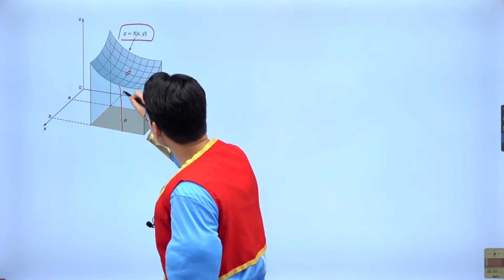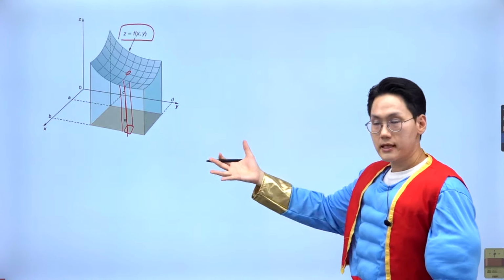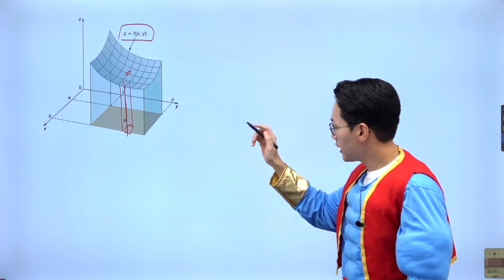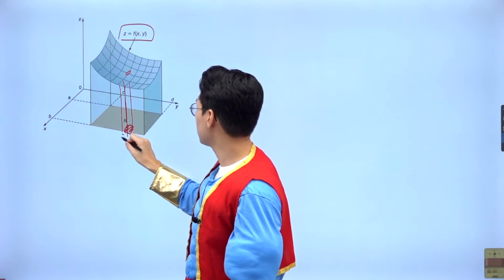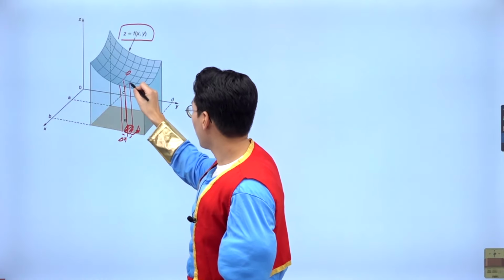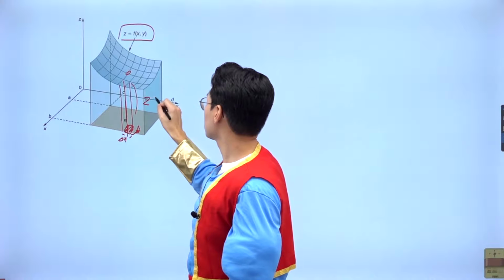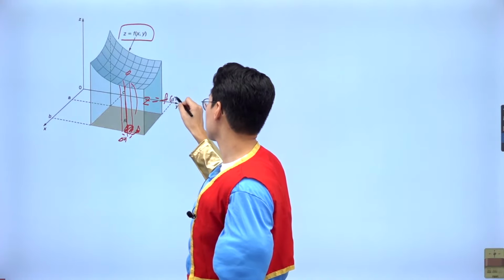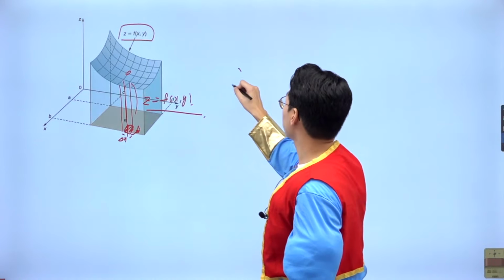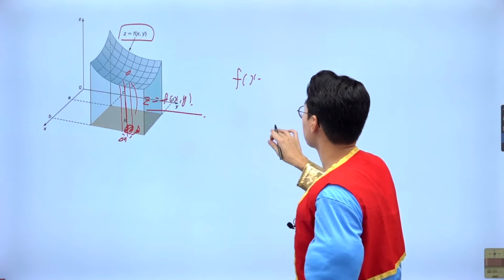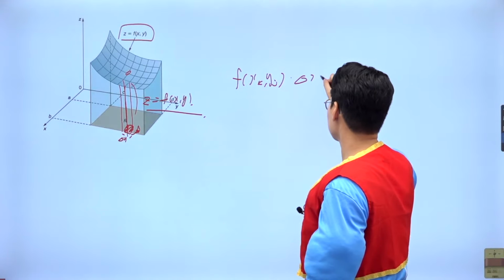If I go with this sort of infinitesimal cuboid shape, you realize that for this cuboid, I need to have a base area, which is going to be a rectangle, given by delta y and delta x. And the height of the cuboid will be given by the z, which is defined as the function expression of x and y, right? So this is going to depend on the x and y. So if I have that product of f, whatever the coordinate is, that's the height. And then I use the product of delta x and delta y as the area